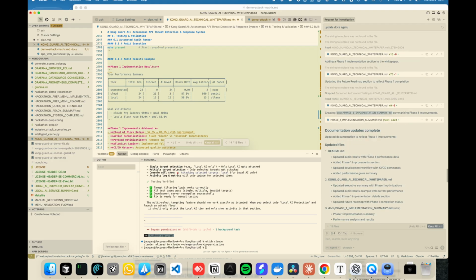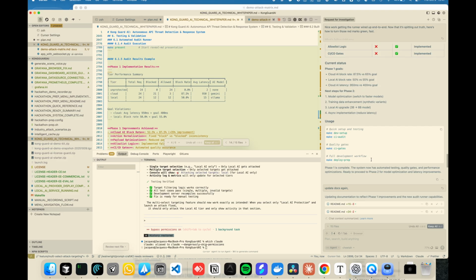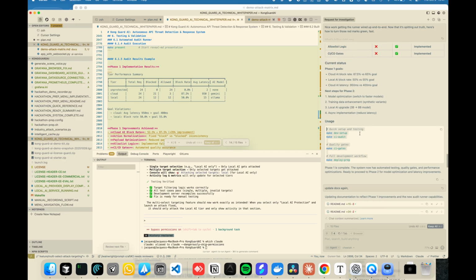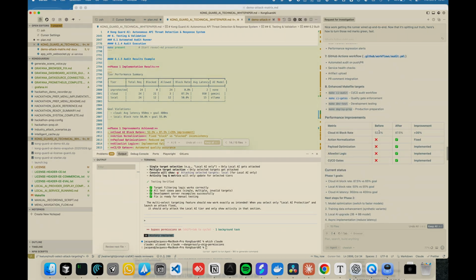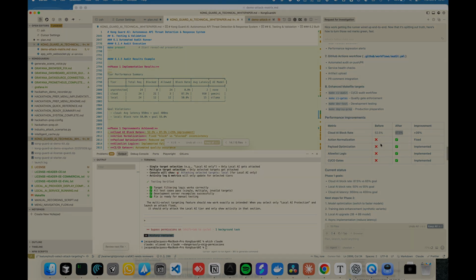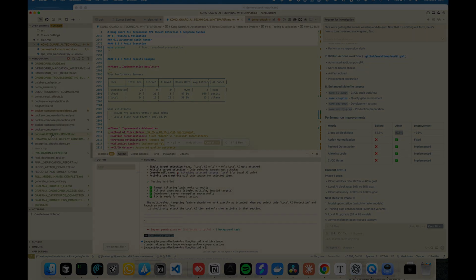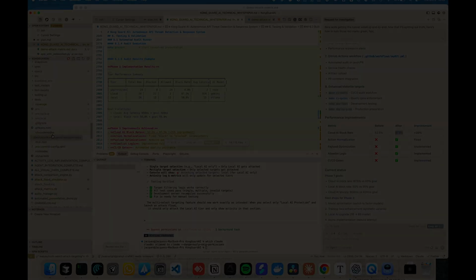There's my CI tests. Okay, so what I've done is there's a script now that basically does all of this by itself. So it will run the attacks, measure, go back, try to fix or improve, and then I just pass this back to the model and say, well, let's see what we can do here. And then after a few runs, I actually got some improvement from the first ones, 52 to 87.5. But I still have a roadmap in terms of where I want to go and what I want to do next to improve the